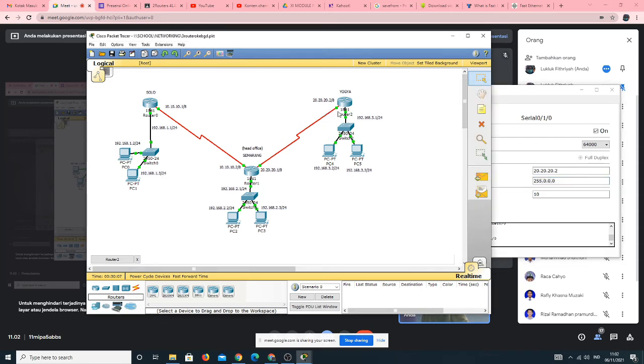Serial 0/1/0 of router Jogja is connected to the serial 0/1/1 of router Semarang. So router Jogja Semarang is using different serial cable with the router Semarang Solo.